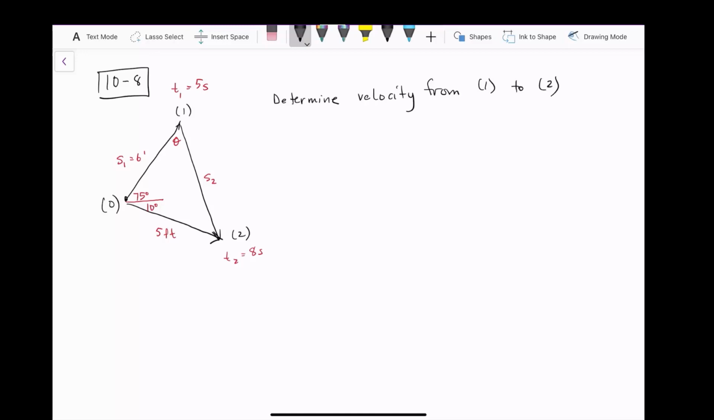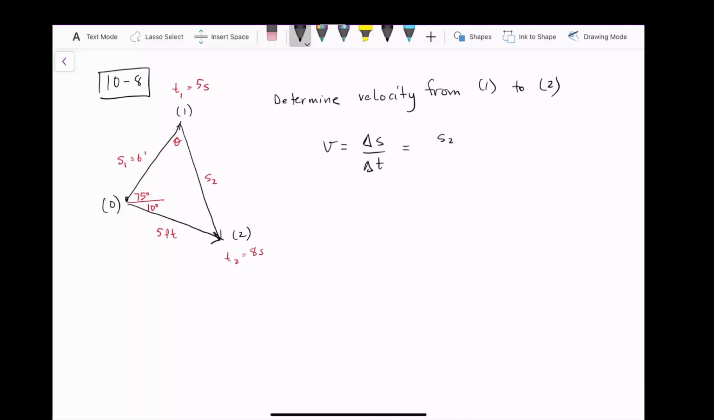Okay, we're tasked to find the velocity from 1 to 2. So from point 1 to point 2, based on what's given. Again, we start at an origin, goes to point 1, then to point 2 with a final displacement of 5 feet. And so let's write out the equation for velocity. We know that v is equal to delta s over delta t. So the one that we're looking for here is